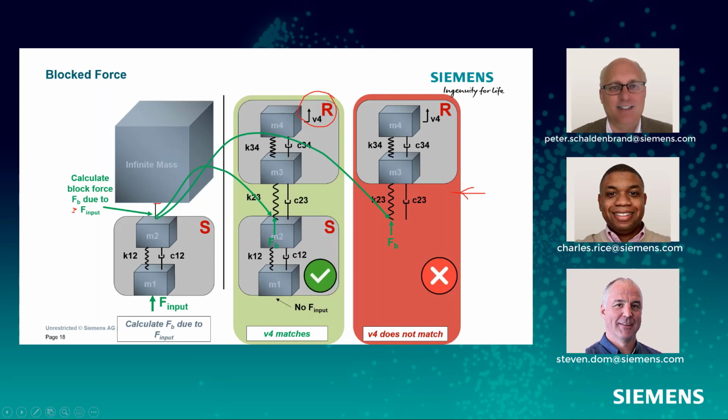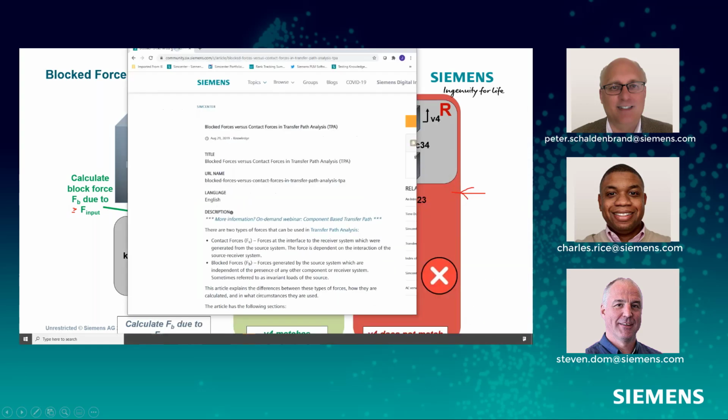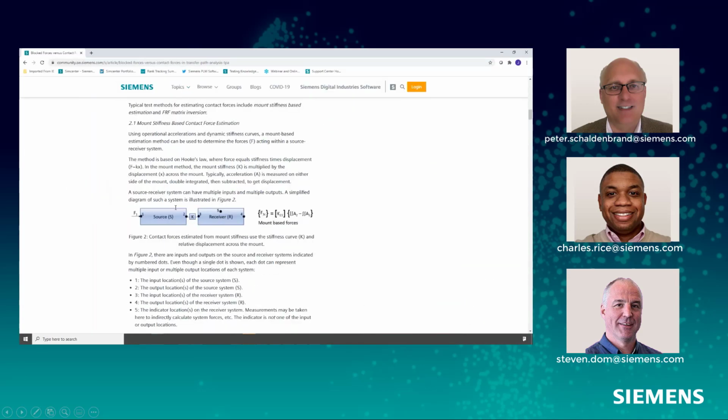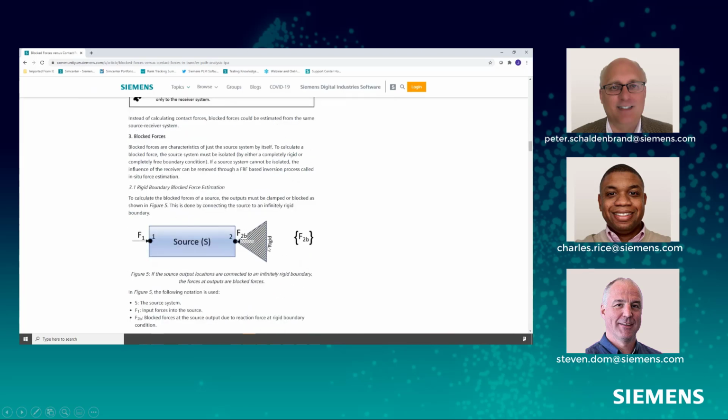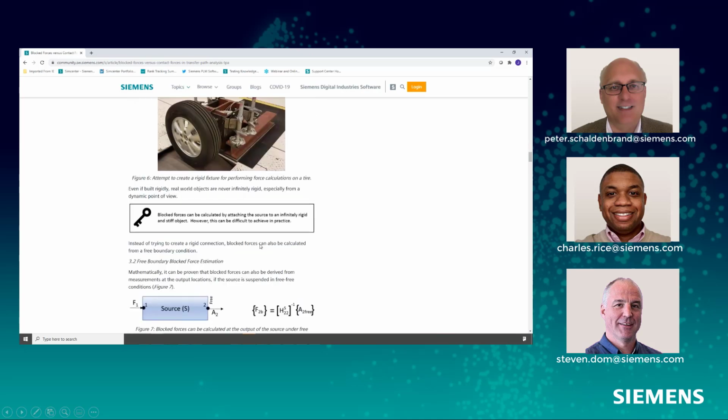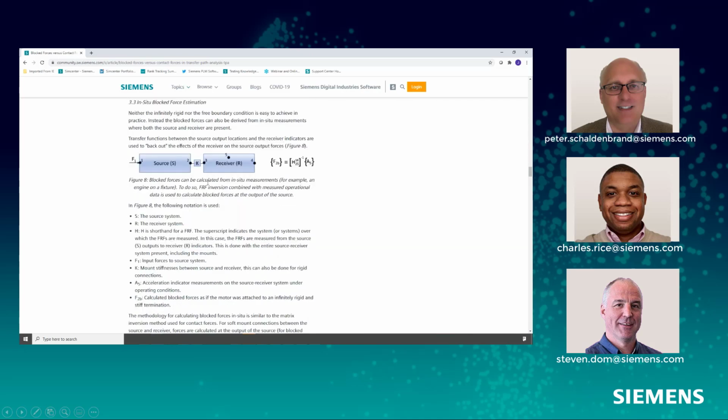Can you repeat that again, Stephen? Well, were you alluding to the fact that there's a few ways to get this blocked force? And one is to put it on something that's infinitely stiff. Right. But another way is to do what we term,